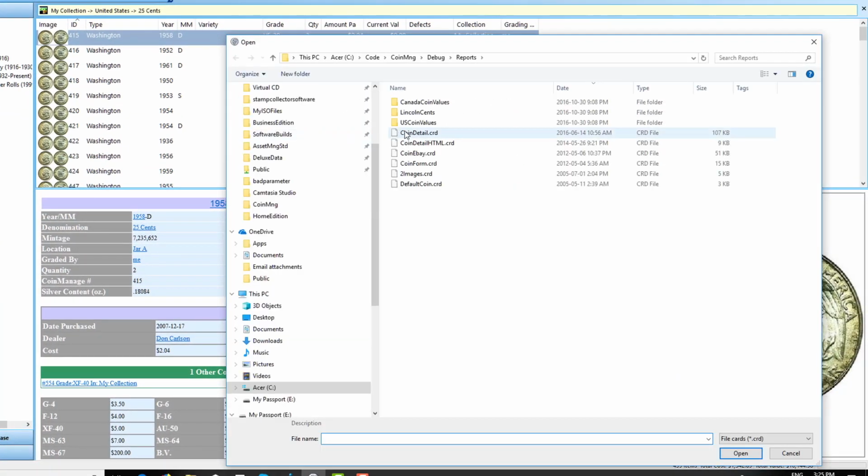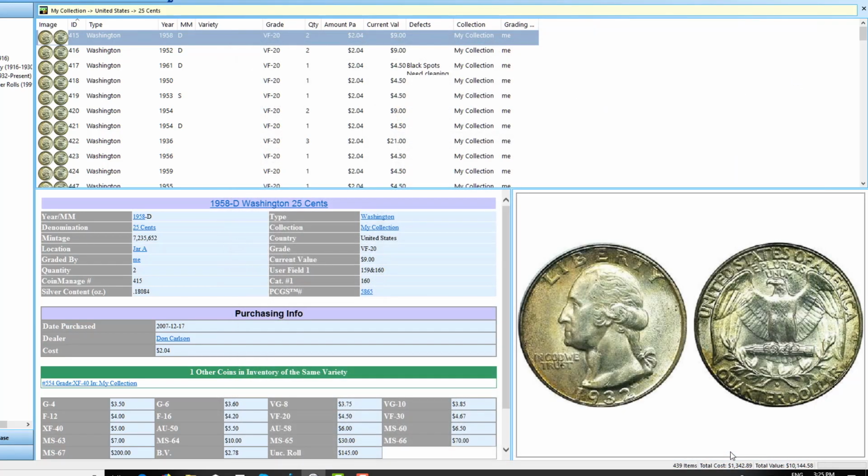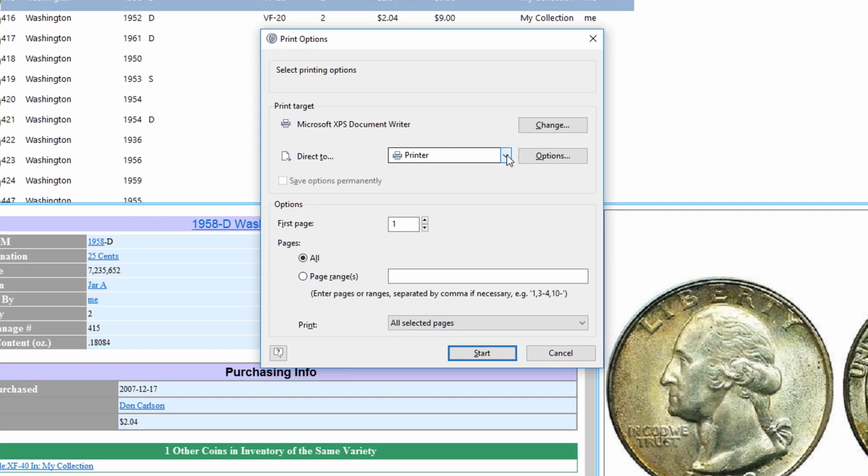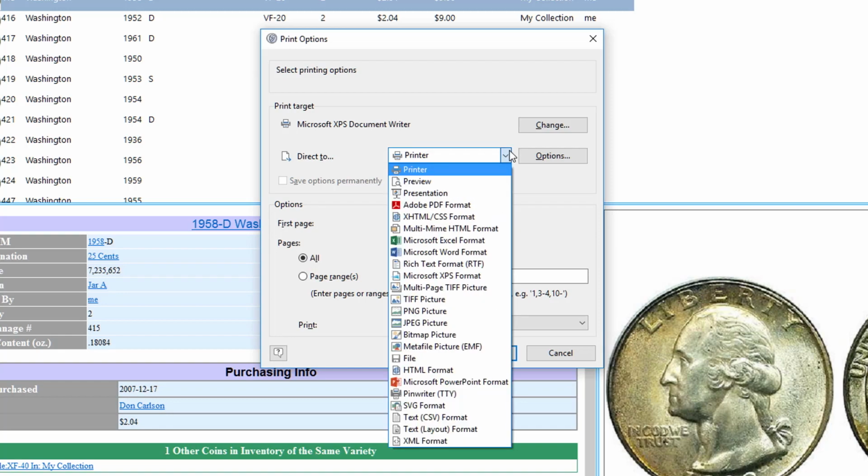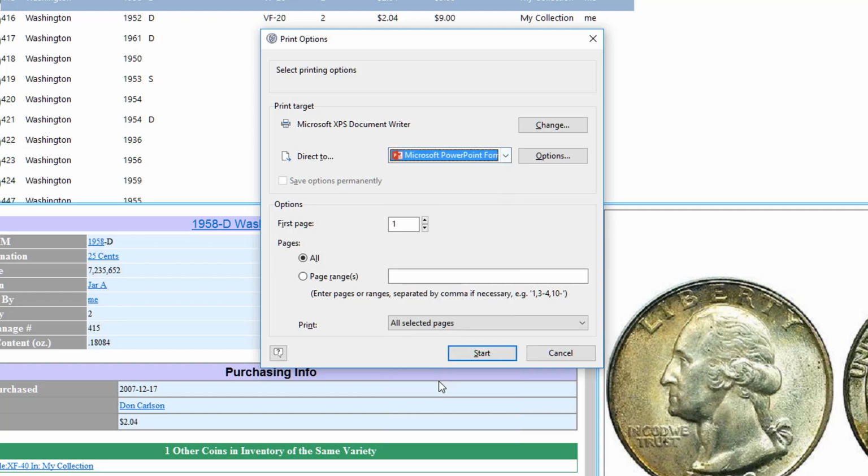Using. I'm going to select the coindetail.crd. And if you're new to CoinManage, you may not have noticed, sometimes people get confused, but they see printer and they think there's no other options, but you can bring this drop down, and there's many different export formats. So down near the bottom here we have Microsoft PowerPoint format, and so what I'm going to do basically is output each coin I own to a separate PowerPoint slide is the way it's going to work out. So I click Start,